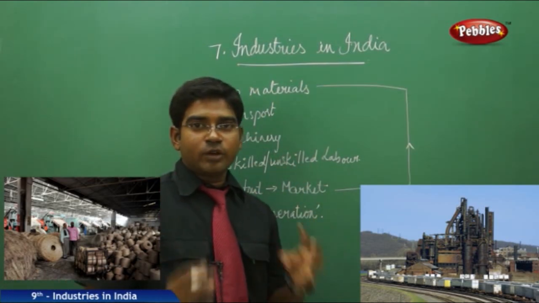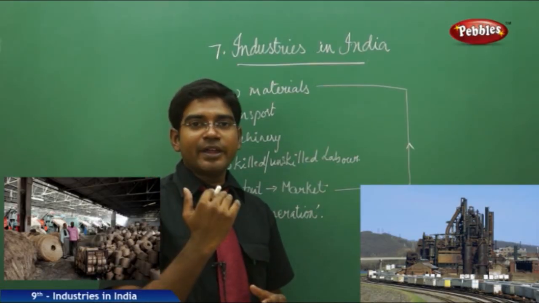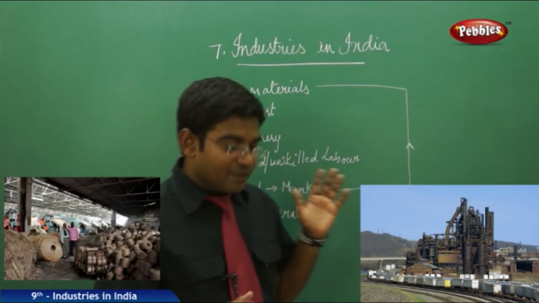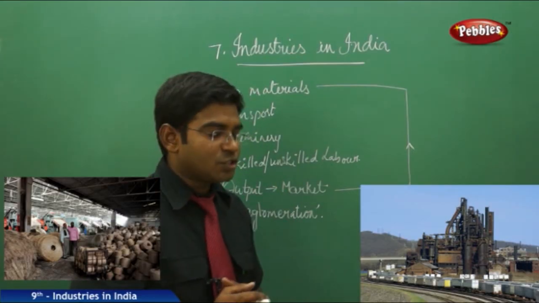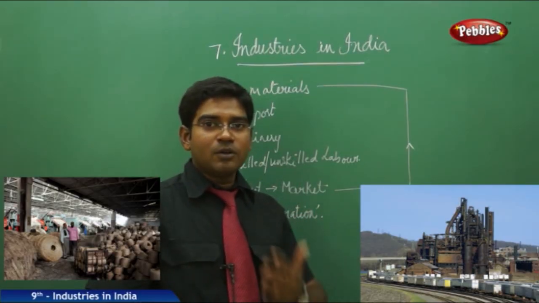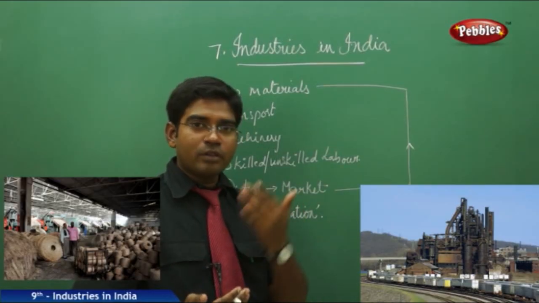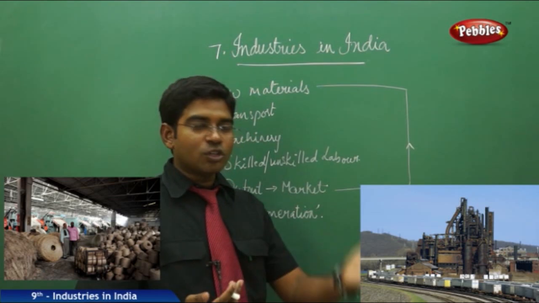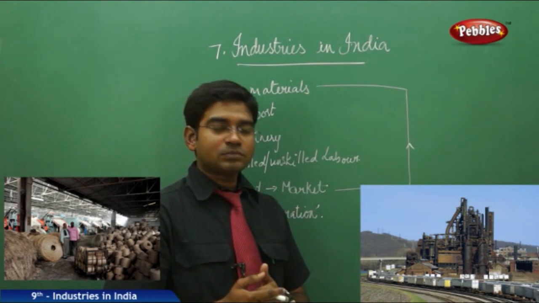Where are the industries located? As we have discussed, what are the major factors that determine a place to be selected as an industrial region. We analyzed this in the previous class, the necessity of discussing industrialization. See here, the place where the raw materials are available, where labor is available in plenty, whether skilled or unskilled, then the required transport from the raw materials to the factory and from the factory to the market plays a very vital role.